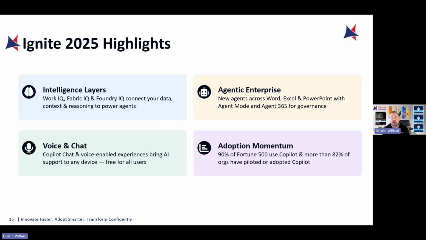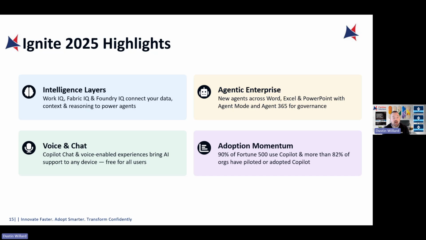So then they're creating new agents. There's a bunch of them. Agent 365 is coming, which is your one place that orchestrates and governs all of your agents across your organization. So if you have custom agents and so on, or just the out-of-the-box agents, you're able to govern and set up permissioning and so on, whereas before you had to do them on a one-off level. And then there are also new things rolling out all the time with Frontier, such as the App Builder agent and Power Automate agent for workflows and so on. So they just keep coming up with new agents. So making sure that you're governed and safe is critical.